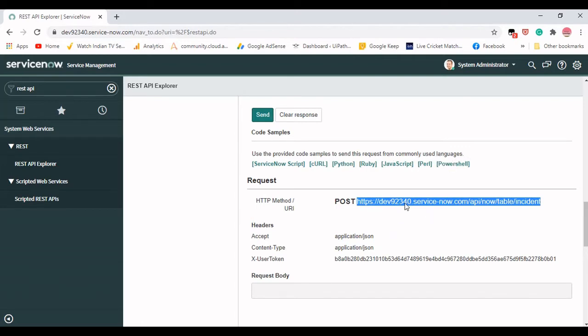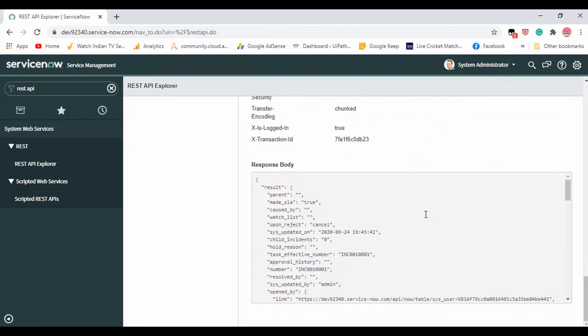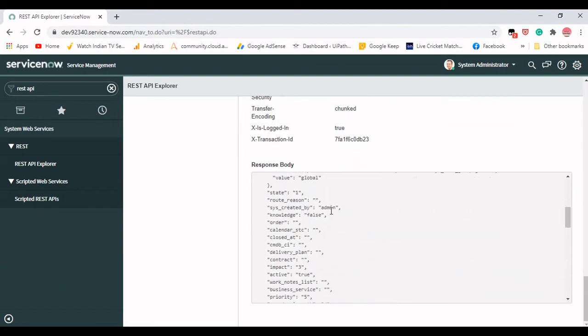So this URL will be used to send a request, and then it will accept the response from that particular API.